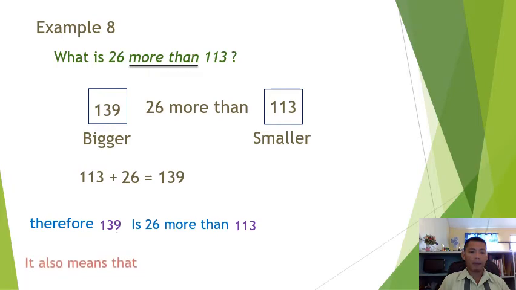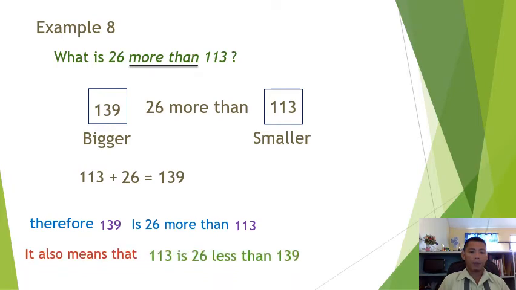It's the same as saying 113 is less than 139 by how many? 26. Yes. So 113 is 26 less than 139. Okay, is that clear? I hope so. Don't be confused with that. Next,